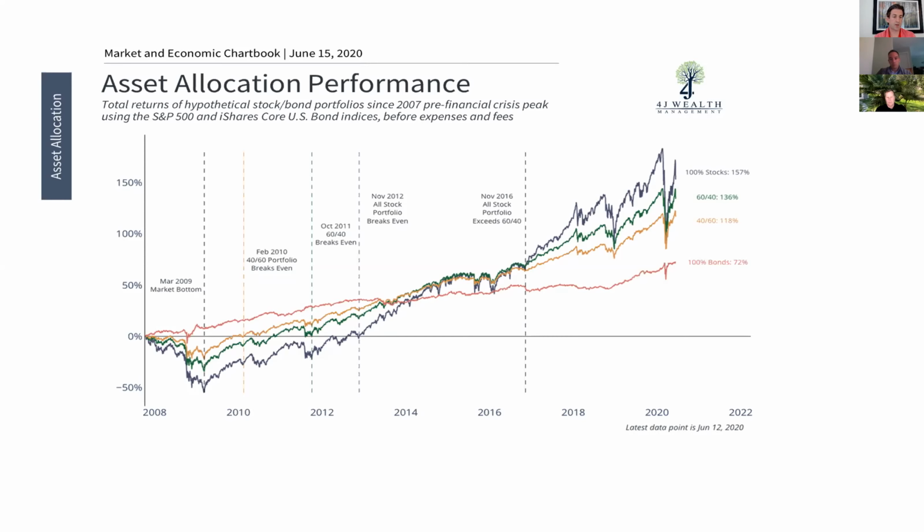So to put that in dollar terms, if you had invested $100 back in October 2007, before the crisis, it would have gone all the way down to $43, right? And if you held on, you would have recovered by November 2012, and today it would be worth about $254. So that just shows you that your largest margin of safety, and this is something we continue to talk about, and we're going to send everyone a video called the bucket approach for exactly this reason, is that your best margin of safety is your time horizon.